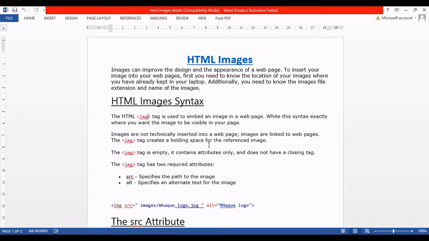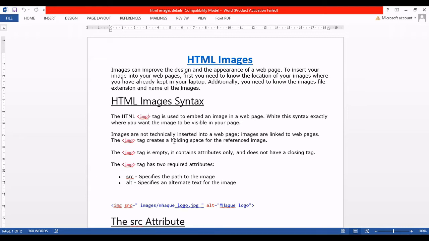It's just the location. You set up the location as a link, and your browser follows the link, bringing that image from where you kept it, whether it is on the server or on your personal